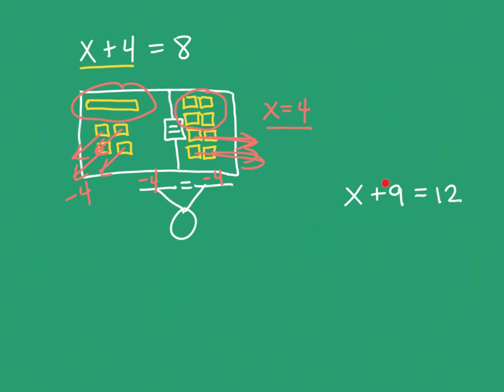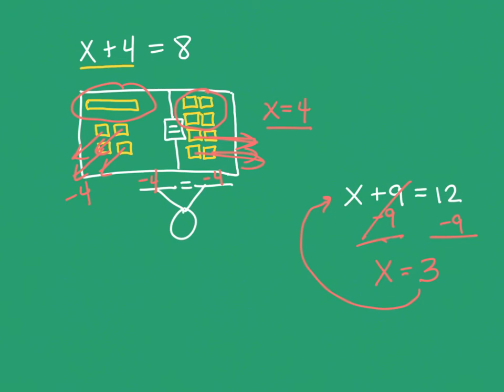Here is x. There's 9 of these little ones hanging out with him. Let's take those 9 off. But remember, this is a balanced scale, so if I take 9 off of one side of my scale, I have to take 9 off the other side of my scale. I took those 9 off, so they're gone. And 12 were there. I took 9 away. 3 is what's left. And I can check that by saying, if 3 was there instead, is 3 plus 9 12? Yes, it is.